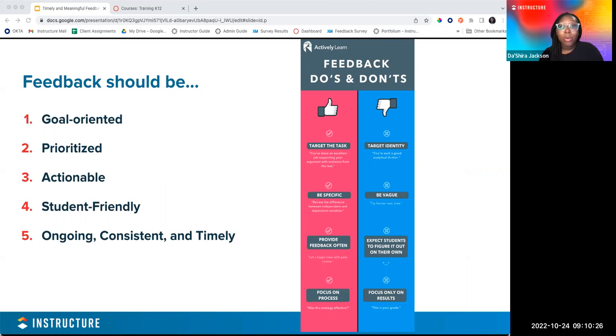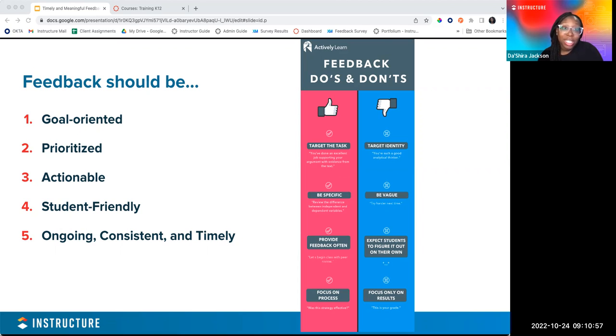It needs to be prioritized. Feedback needs to be given at a time where students can action on it. And again, actionable. Making sure if you're giving that feedback that it's very specific so they know, okay, these are some things I need to do better. An example for me is, of course, you can say good job, but what was great about it, right? What are some ways that you could expand on this? Or if you say, I'm not sure what you're asking, ask them some leading questions so they can know how to dive deeper into that.